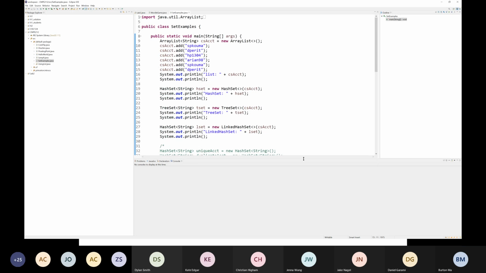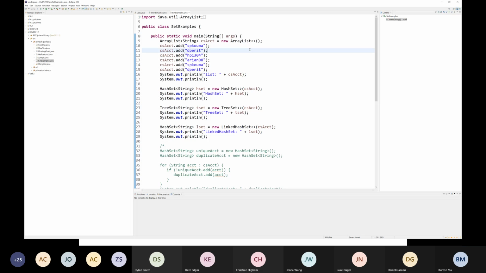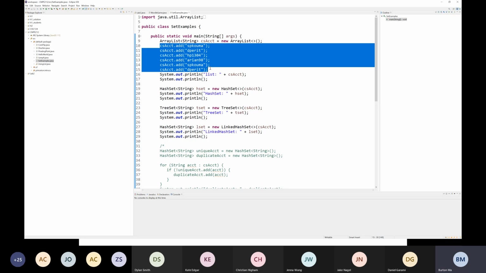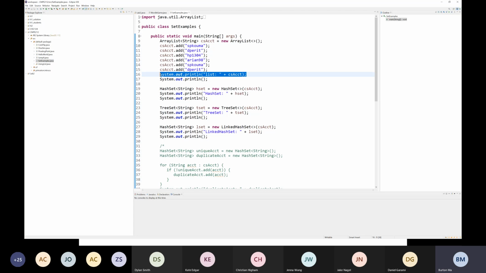All right, so there's my list of account names. I'm going to add a bunch of account names. Notice that two of them are duplicated. So the first one and the second last one, and the second one and the last account name, are the same. I'm going to print out that list so that you can see the account names. And then I'm going to make a hash set, a tree set, and a linked hash set using those account names. So when we run this,